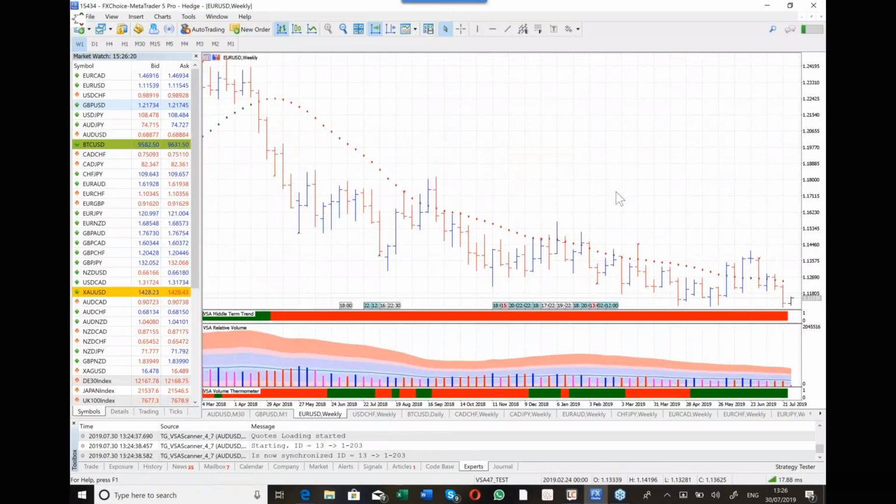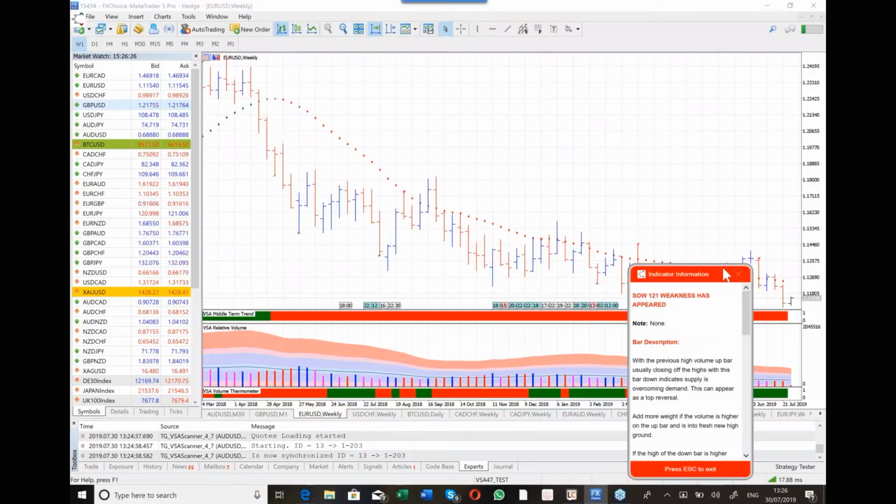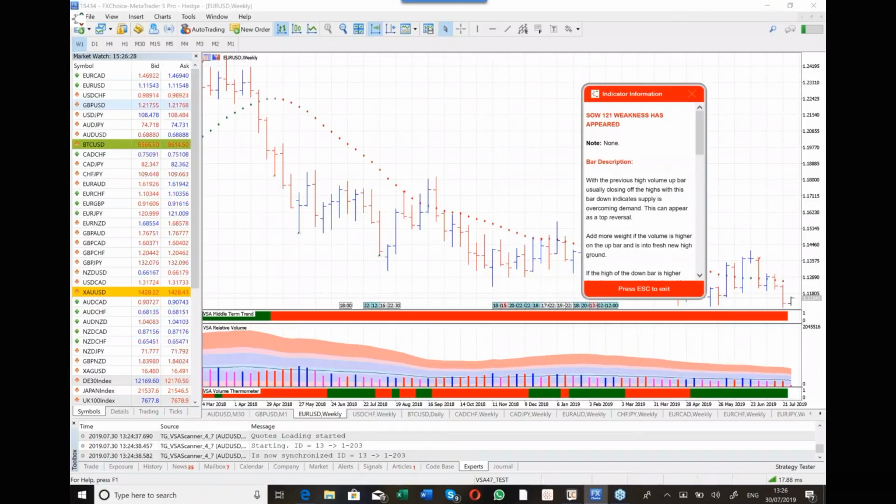So the Euro USD, we had it 4 weeks ago, which we talked about. It's been in the webinar, so you can go and see it. One of what I believe to be one of the strongest indicators after the end of a rising market is sign of weakness 121. Now, this is a very, very strong top indicator, a very strong indicator in its own right. And what happens is,